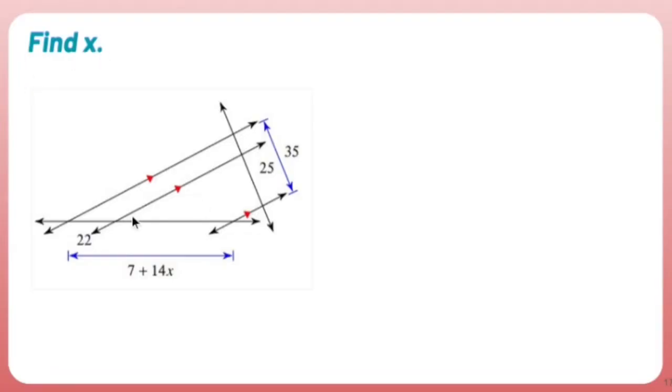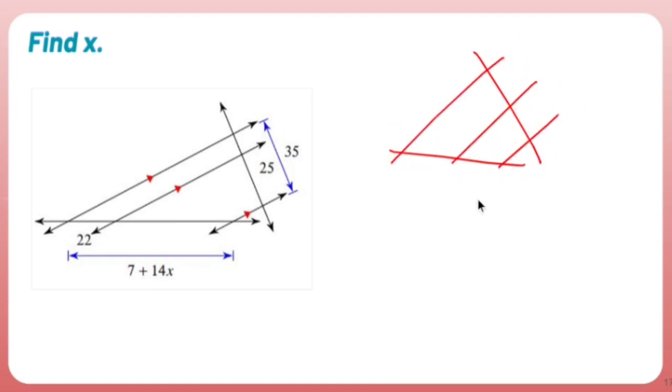Find x. What we have here is three parallel lines and two lines that are not parallel that cut through them. Now there's a little rule, and I'll try to draw this similar to what we have here. It's obviously not going to be the same. But there's a little rule that says, let's call you A, let's call you B, let's call you C, let's